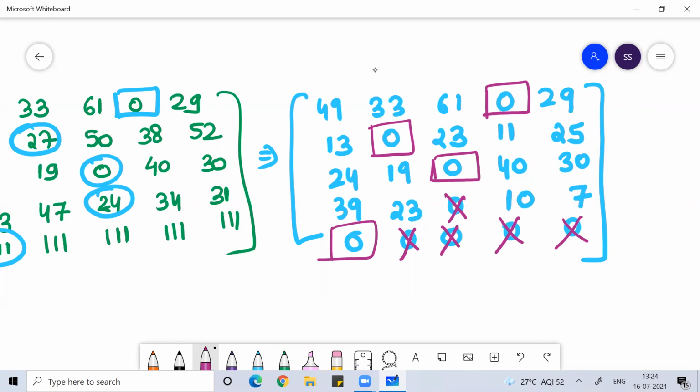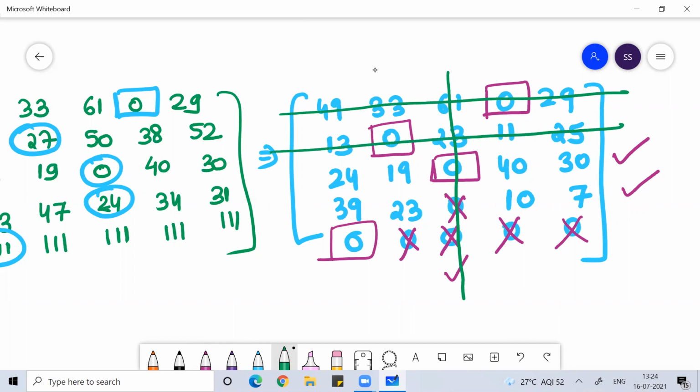If you see row wise, which row is not allocated? Fourth row. Okay, then tick in that row where a zero is there, tick the corresponding column. In that column where zero is allocated, tick the corresponding row for that. Once this is done, draw the line over the ticked column and unticked row.